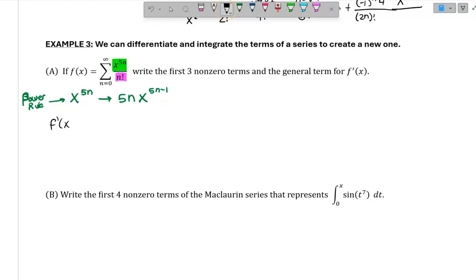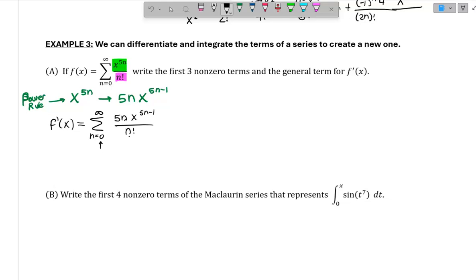So this would be f prime of x is equal to the series here. Again, the only thing that's changing is that numerator, so this would become 5n, x to the 5n minus 1, and then the n factorial remains, okay? So we're technically good there. And what we can do now is start writing out the first three non-zero terms and our general term. Now, here's the weird thing with this problem. If we actually start with 0 here, we're going to get a 0 term because we would have 0 over 0,